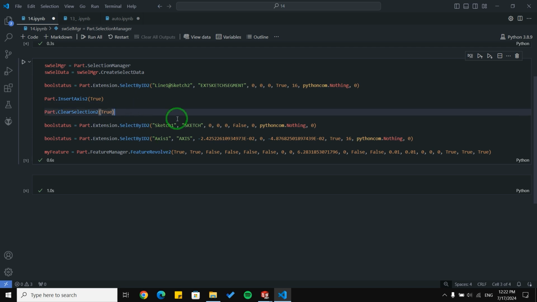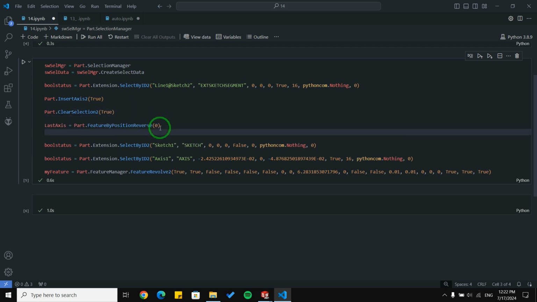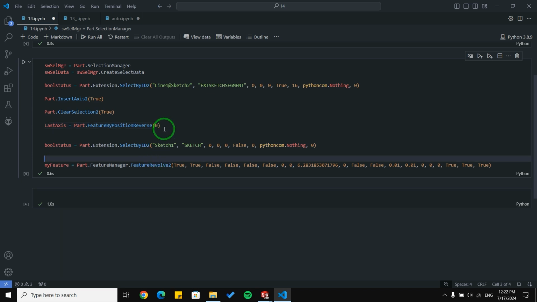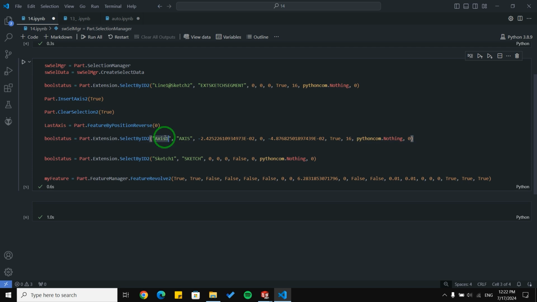So I'm going to use a function, we talked about it in the previous video, called feature by position reverse, and I'm going to pass 0. And this function select the last object we created. So I'm going to use this function, and instead of axis here, I'm going to use last axis dot name.